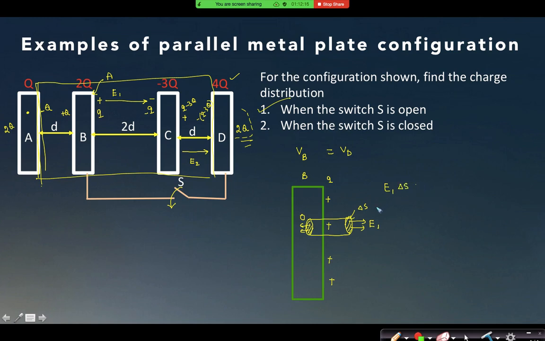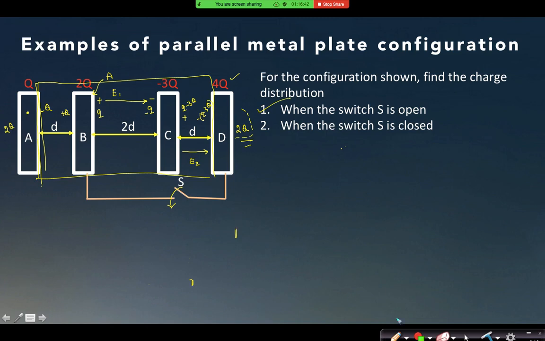So if I say that this surface is delta S, then from Gauss law can I say E1 into delta S equal to, what is the charge that is trapped inside it? Sigma into delta S. Sigma is again Q by A into delta S by epsilon naught. Have we written this equation correct? Just check once. Yes, sir. So what is E1? Q by A epsilon naught. Actually it is sigma by epsilon naught. You can check that 2 is not here.